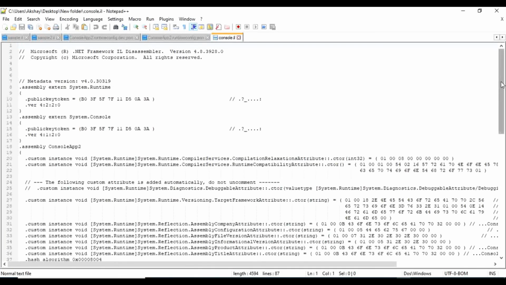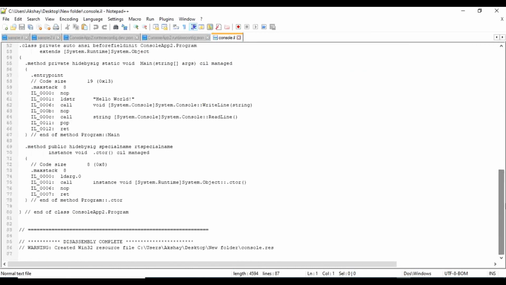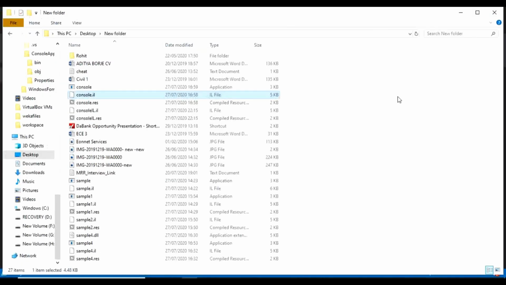As you can see here, all your intermediate language as well as the manifest is contained in this file, which is in text format. Now, is there any way to reconstruct the assembly from this intermediate language file, from this text file? That we will see.